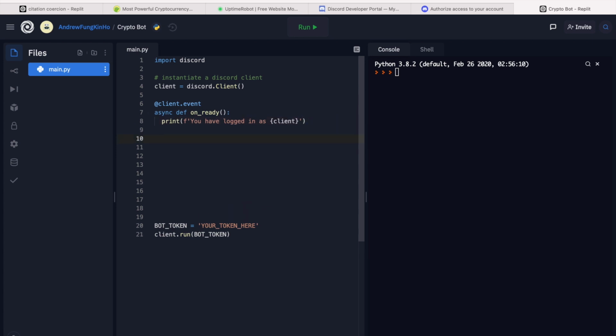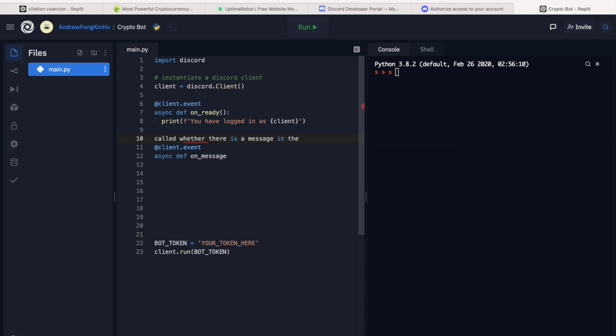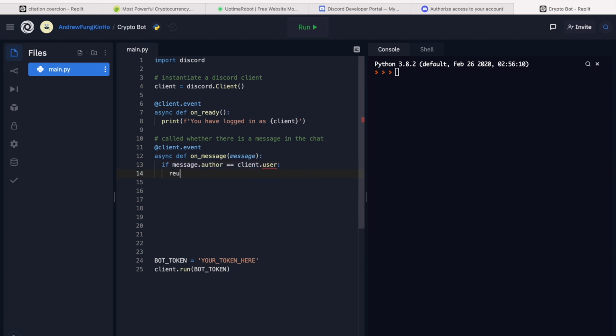And let's create another event, which is client.event, async def on_message, which is called whenever there is a message in the chat. So we'll need a message here, and if the message.author equals the user, client.user, then return.